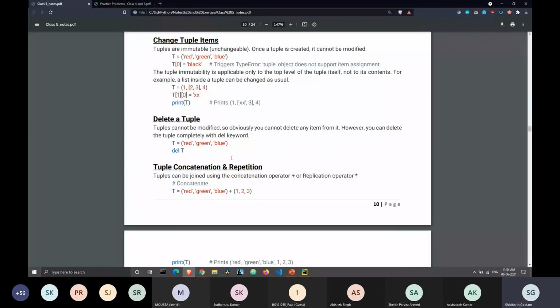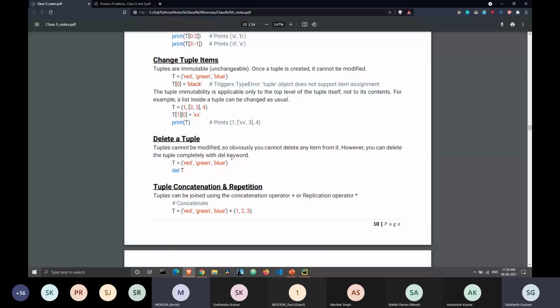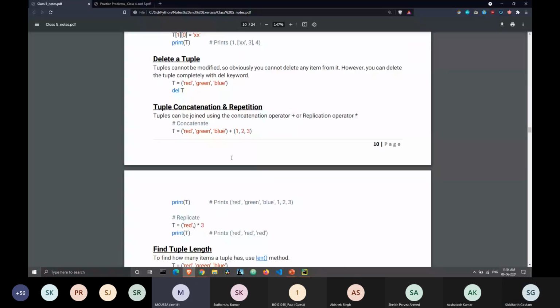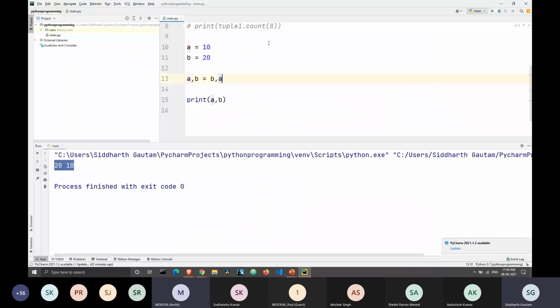Sir, about swapping two values, I think there is another way of doing it, when it's numerical values. Okay, how do we do this?